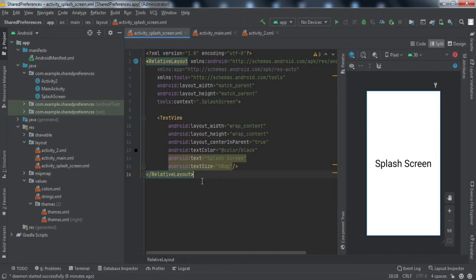They use shared preferences. And you must have seen that if you install a new app, the first time you open it, the app guides you through the whole process of how to operate it. But once you open it the next time, it doesn't show those things. That is also done using shared preferences. So the device knows that the app has been opened once, and then it will not show all that process, right?